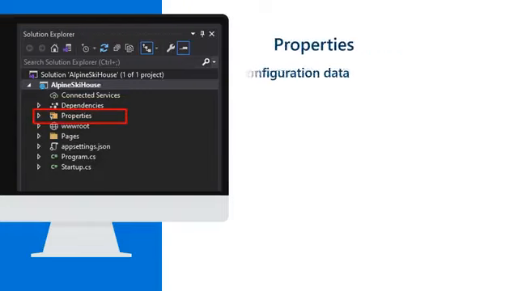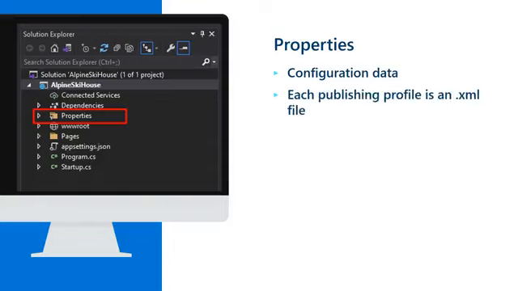The Properties folder contains configuration data for where you are hosting your web app. If you expand the Publish Profiles folder now, you should see the URL for the Alpine Ski Hill site. Each publishing profile is a .xml file containing publishing configuration information, such as the Azure address that Visual Studio uses